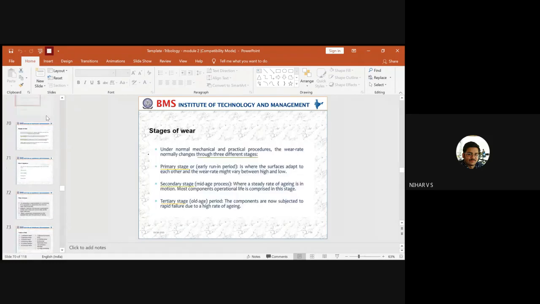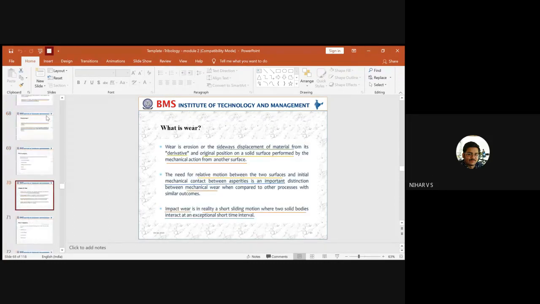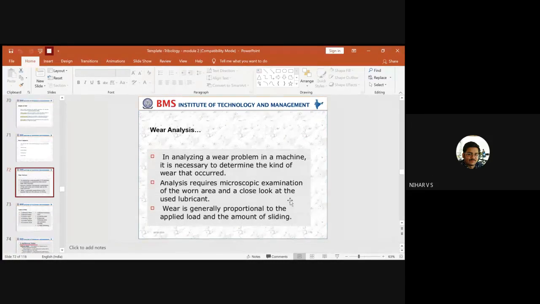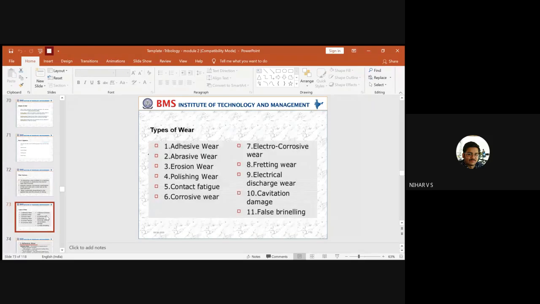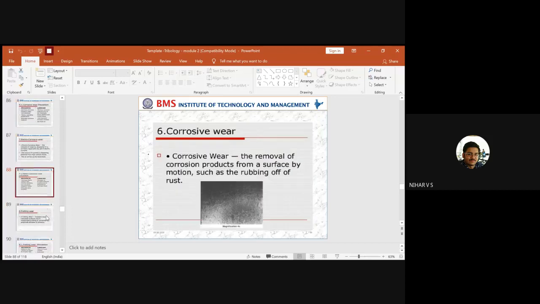In the beginning, we dealt with wear analysis. I remember there was one slide where we categorized the problems in which it falls, and we do the analysis accordingly. So here we are now following the second category, where we do the analysis at the microscopic level. How to analyze and examine the worn area which you come across when you are using the lubricant or not using the lubricant is what debris analysis focuses on.